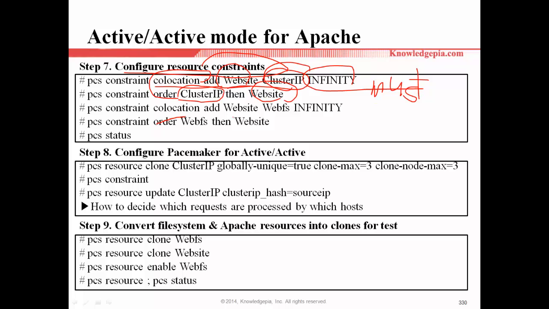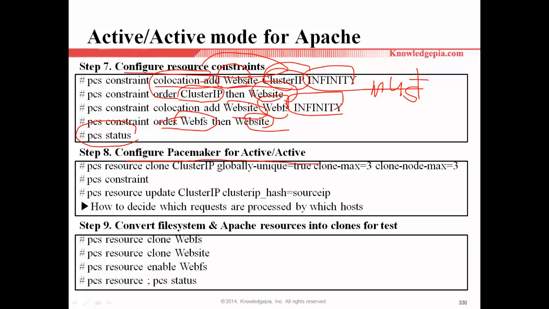Colocation also: Website and the web file system must also run on the same host, absolutely. And for the order, the web file system first, and after that, Website. If we want to check the current status, we can use this command.